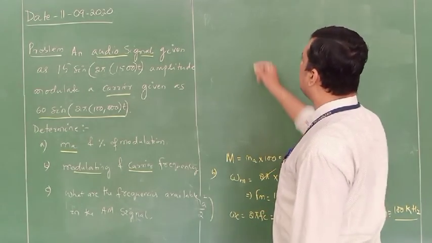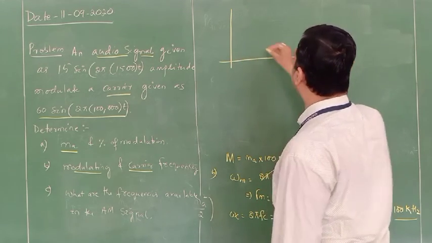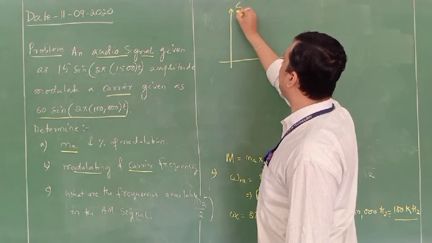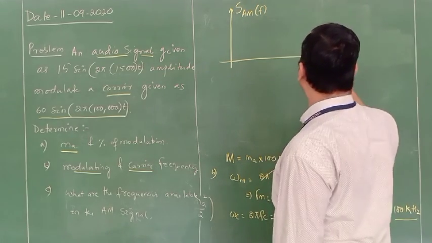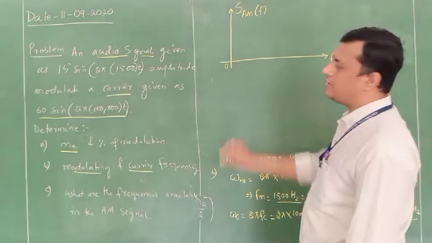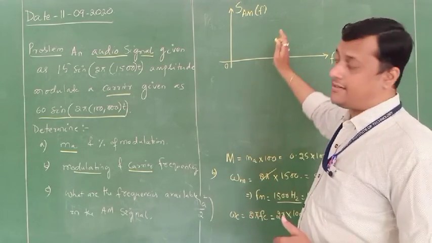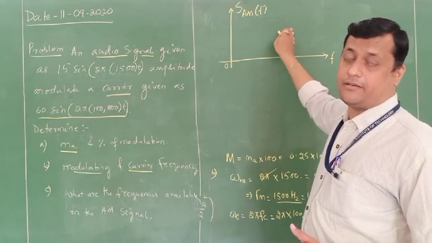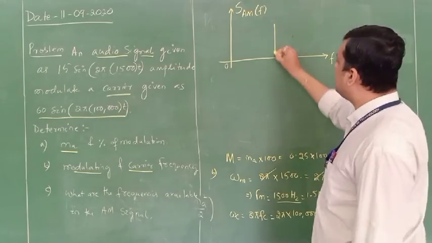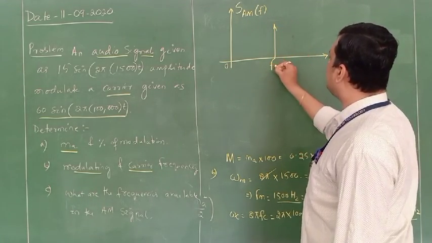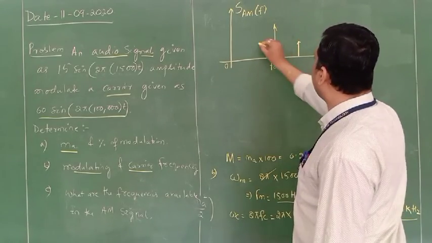So first I will draw here the frequency translation so that my AM signal can be identified. S_AM(f), this is f, this is 0. Only I am considering the right hand side, the right hand part of the frequency spectrum. You can consider the left hand side also, the reflection part. So first is my carrier, this is fc, and there are two sidebands available,